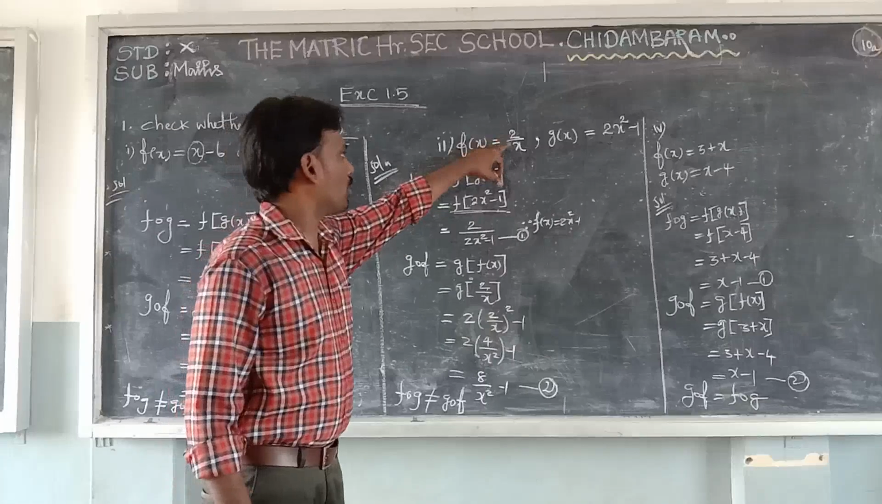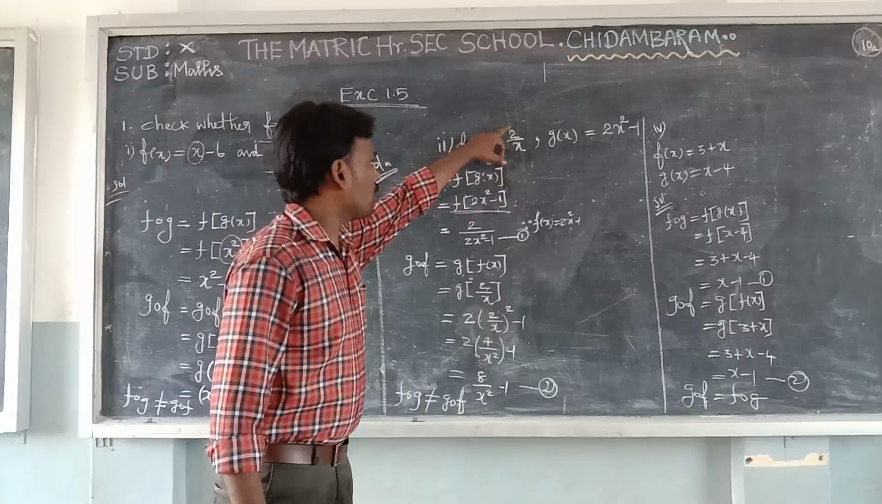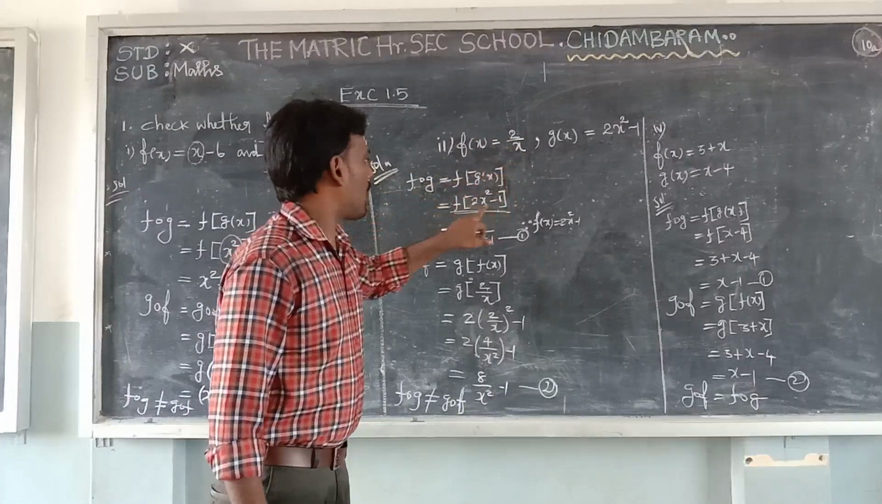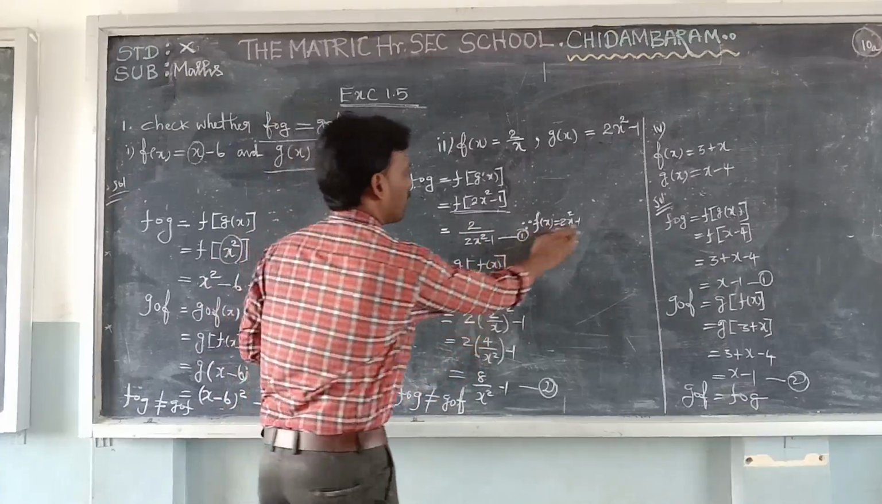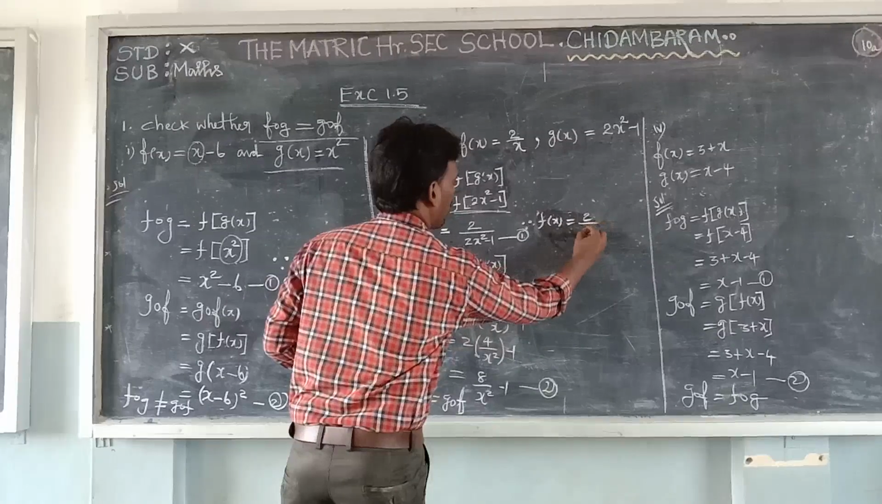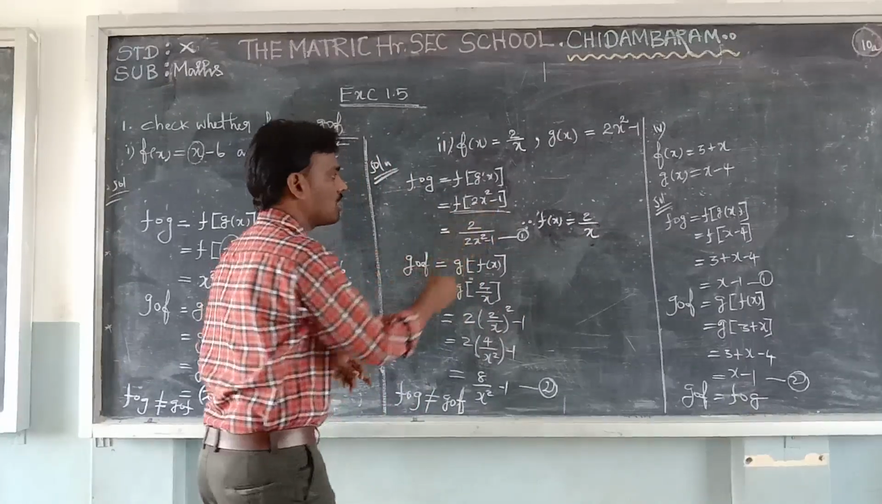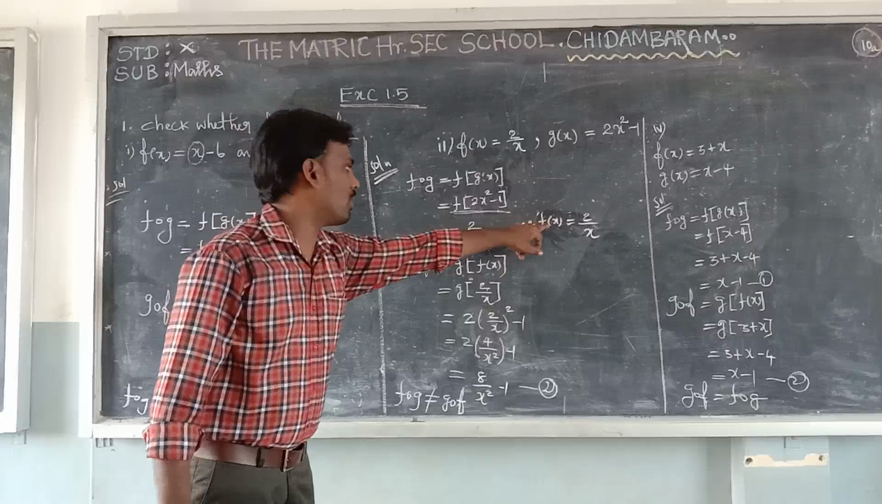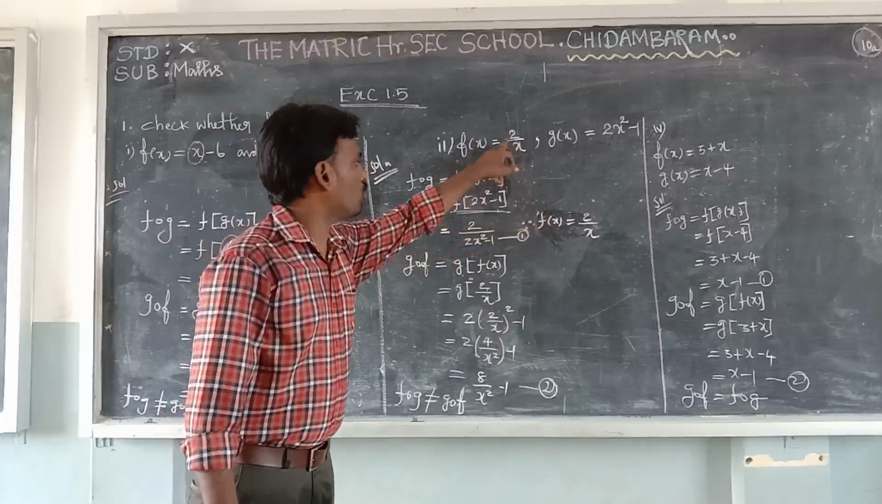So f of x को मैं बोल रहा हूँ 2 by x. इनमें 2 by x का x को डाला, इनमें 2x minus 1 हम फॉर्म में फॉलो f of x equal to 2 by x. Yes, which one is example f of x? f of x shape-ல இருக்கு. So f of x shape-ல பார்த்தா 2 by x அப்படிங்கிறது